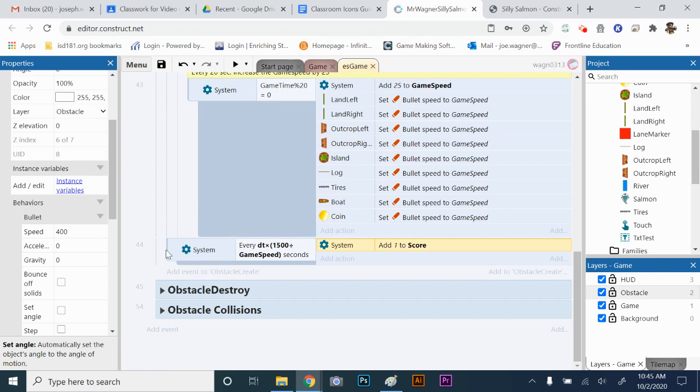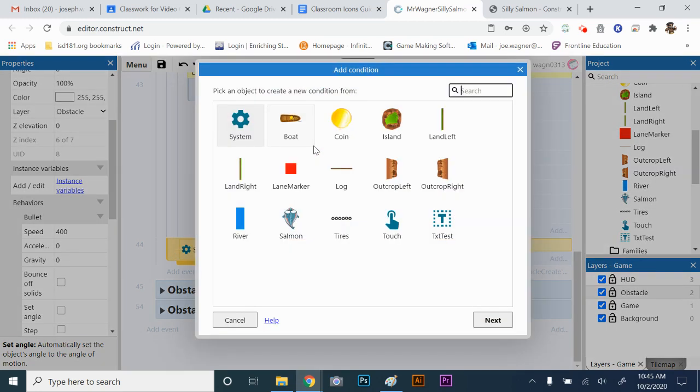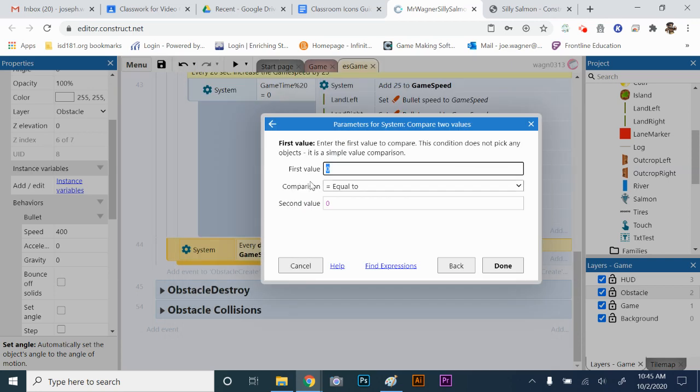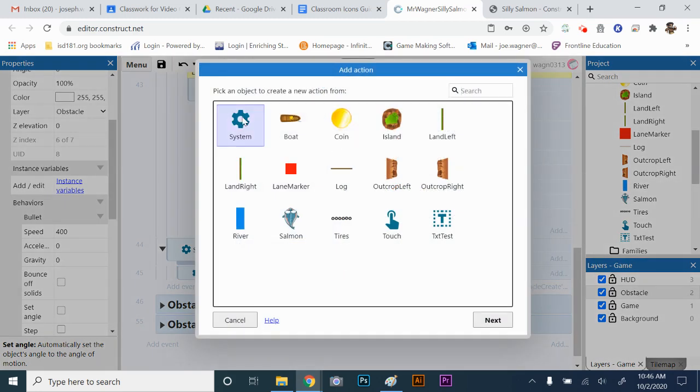All right, then we're just going to add a sub event onto this one we just made, and this will be the last one. We're going to do system compare two values. We're going to do another modulo expression. We're going to do score percent 200 equal to 0. So this basically is saying every 200 points,